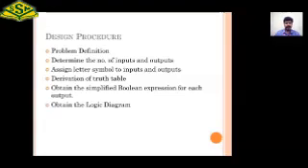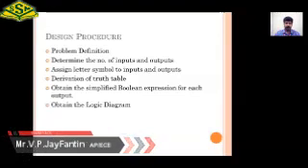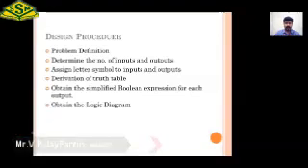The fourth step is derivation of the truth table. As we have the block diagram of a circuit, the number of inputs and number of outputs, based on that we need to create the relationship between the input and output. That relationship can be easily defined by the truth table. Based on the truth table, in the fifth step, we'll be creating the Boolean expressions. Either we can create the Boolean expressions from a K-map, or directly by using Boolean laws. Either way, we can create the Boolean expression from the truth table.